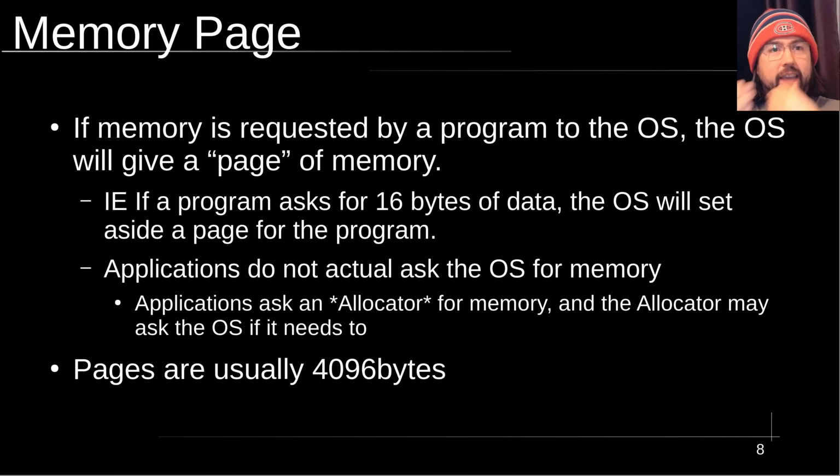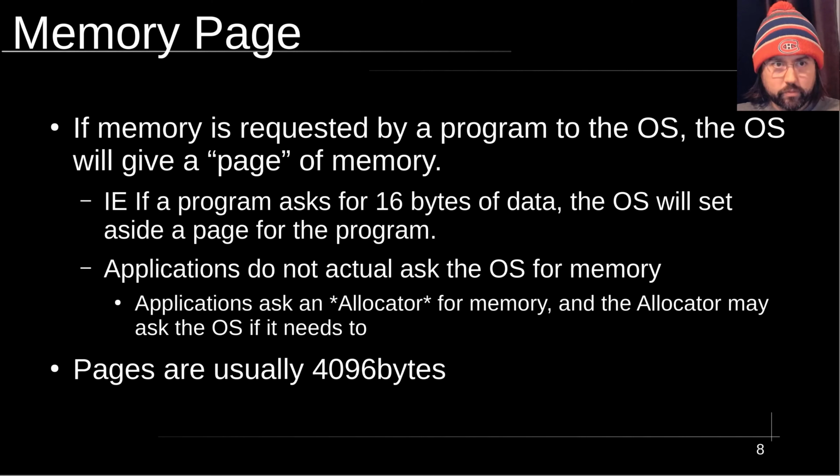It will ask the allocator for 16 bytes of data. The allocator in this scenario does not have 16 bytes of data to give it. So it will ask the operating system for memory. The operating system will give the allocator a page of memory, and then the allocator will give the program the